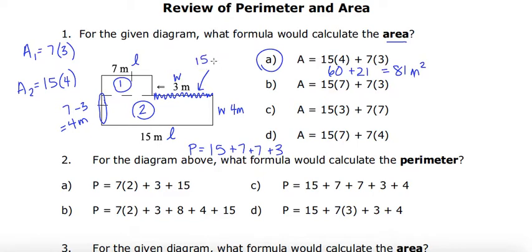So I'm subtracting my 7, and that gives me 8 meters. So I'm going to add 8, and then I'm going to add my last one, which is 4. So if I'm looking here, I have 1, 2, 3, 4, 5, 6 numbers. If I look at my shape, I have 1, 2, 3, 4, 5, 6 sides, so I know that I'm